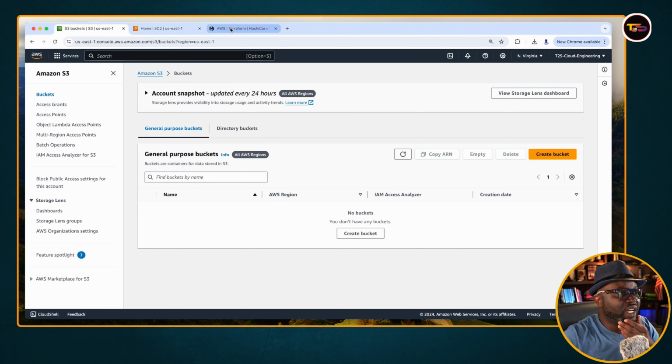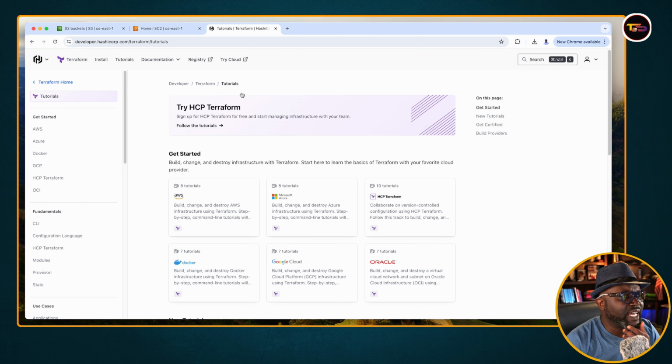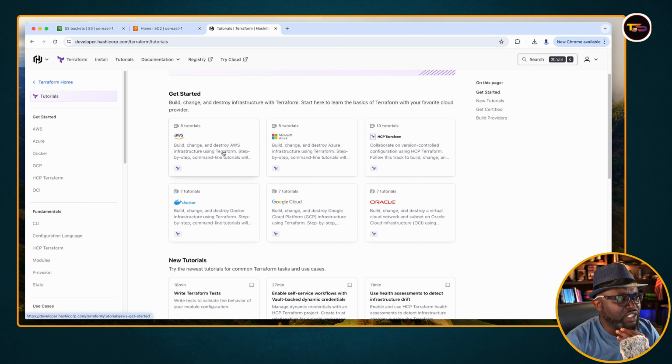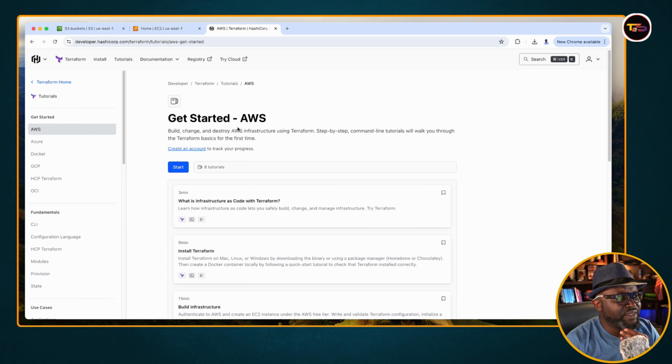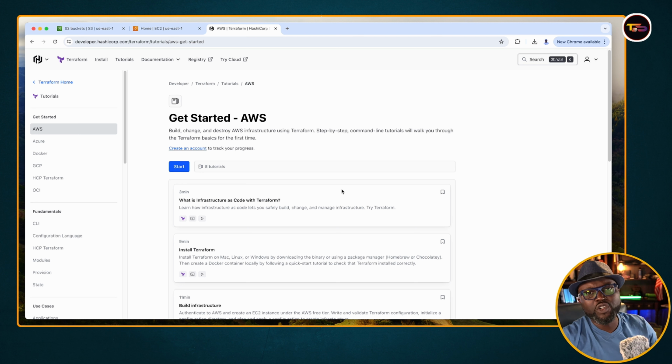You can go to this documentation place here, and this is HashiCorp. You come here and click on tutorials. There are so many things that can help you, like build a change. You can begin maybe here and click start to go deeper